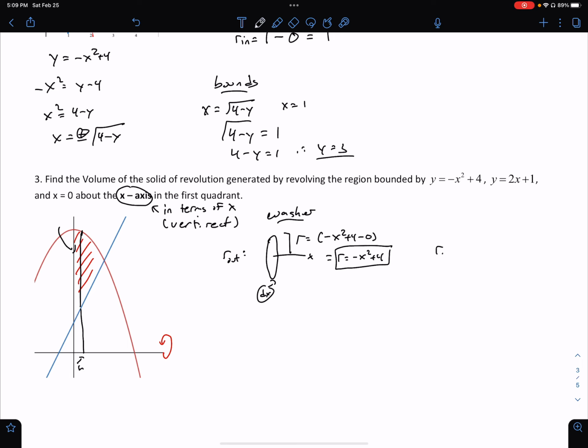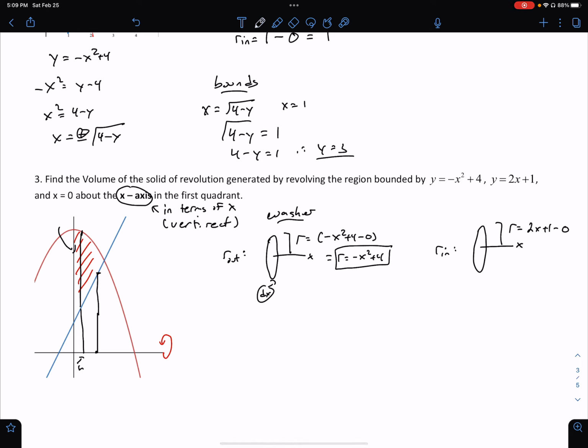Now we also have to get the radius of the inside. That's the inner part here, the hole right there. So that goes to the other function. Again, measuring from our axis of revolution, we're going to measure straight up until we get to our bottom function, or inside function. And that's going to be another disk right here. There's the x-axis. To get the radius, it's the top minus the bottom. Well, the top is our line this time, y equals 2x plus 1,